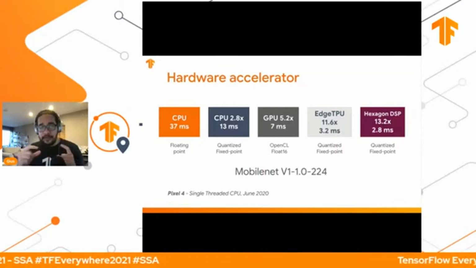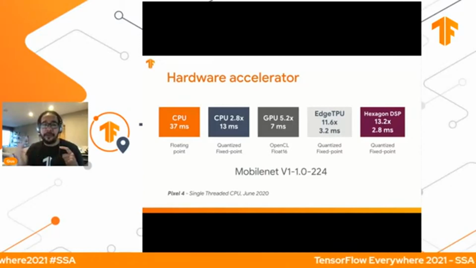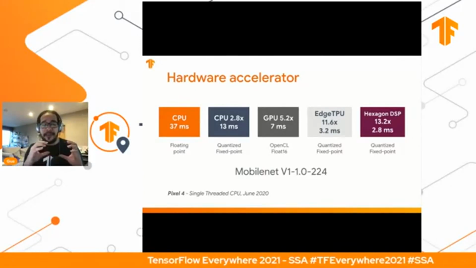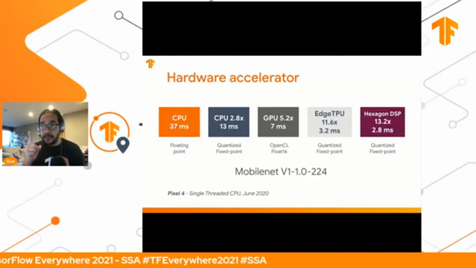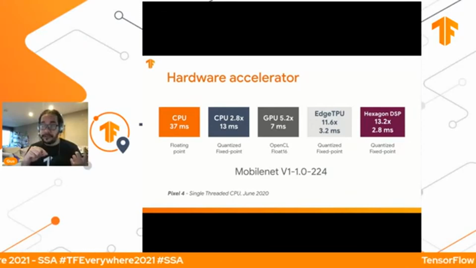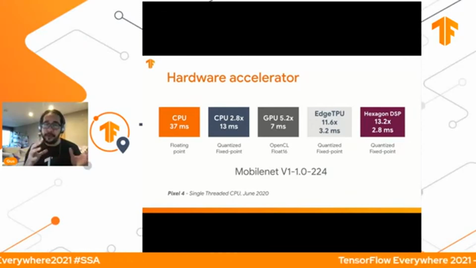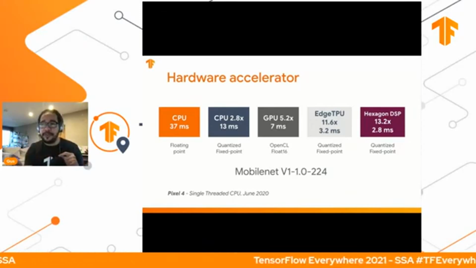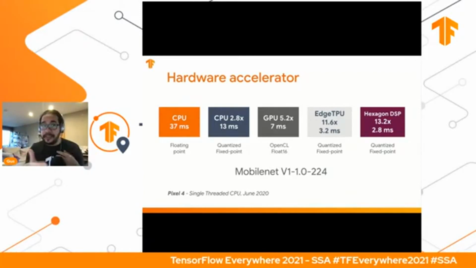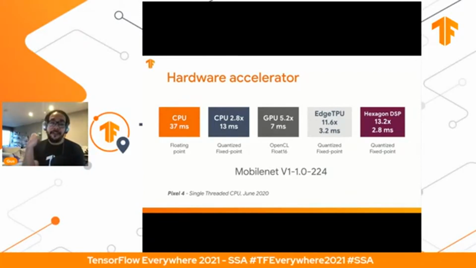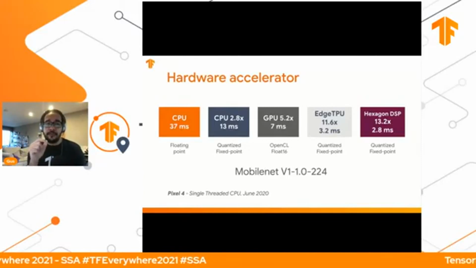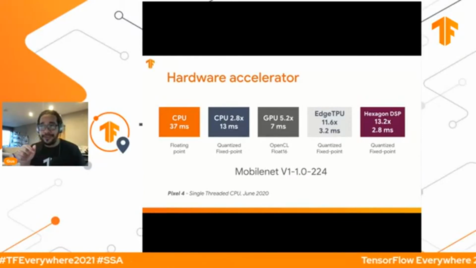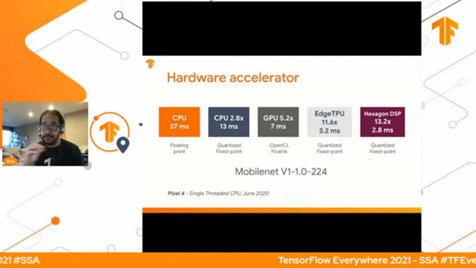If you run the same model on a GPU, you almost double the performance, right? You go to 7 milliseconds. And the thing is, from a TensorFlow Lite perspective, it's one line of code. If the model is compatible with GPU, which it probably is, you just say, okay, use GPU. That's it. And then you get 7 milliseconds. If your phone or your microcontroller has an edge GPU, it goes from 7 to 3.2 milliseconds, which is super fast. This is absurdly fast.